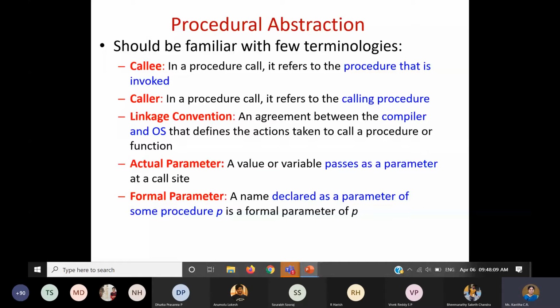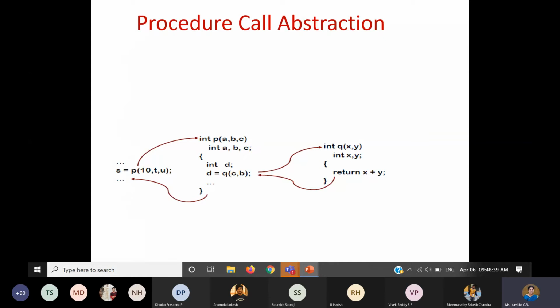And when I'm calling that call statement, whatever parameters we use, that we call as the actual parameters. And whatever is declared as the parameter in the corresponding function, say here in my example, I have taken B as a procedure name, and whatever parameters we declare in the procedure B, that we call as the formal parameters. All this you know very well, definitely, but still I want to repeat it. Okay. So let us take some examples now.